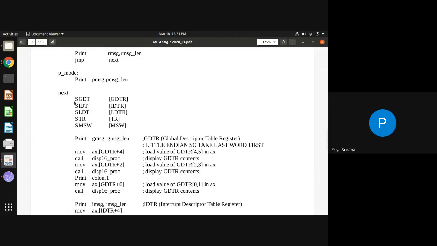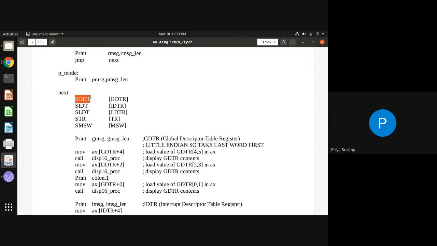Now for taking the content of different registers like GDTR, IDTR, LDTR, task register, and again MSW, which we are supposed to display, those contents are taken by using these instructions: SGDT, SIDT, SLDT, STR, SMSW.